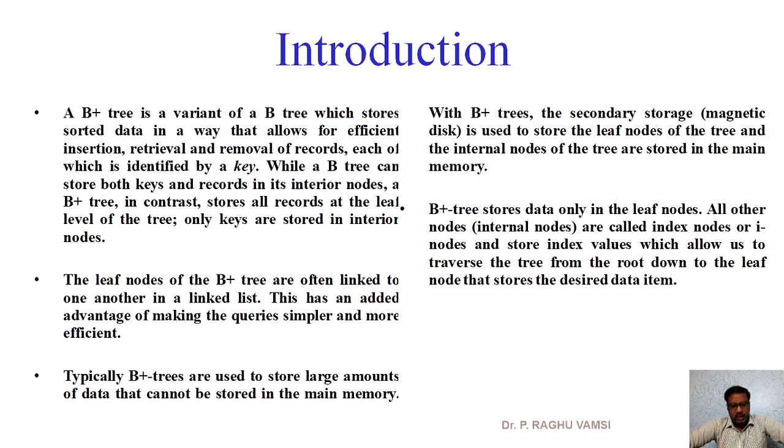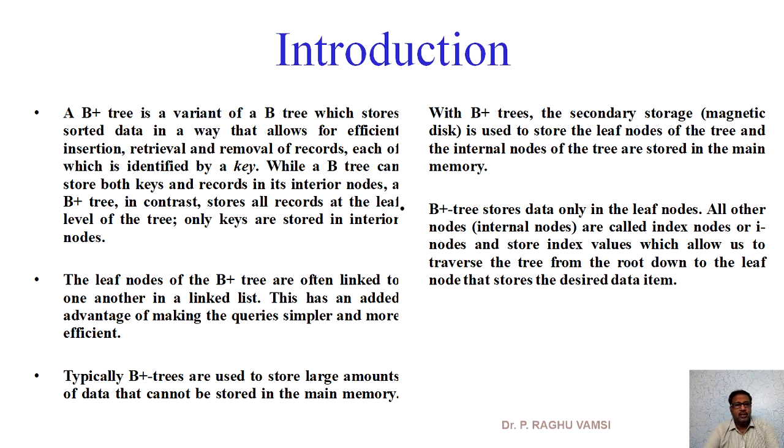Especially the aim of the indexing is to reduce the number of disk accesses required for accessing an element, or we can also say accessing a key. And this B tree concept is also called the M-way search tree or M-way tree. Why is it an M-way tree? Every node can have at most M children, and every node can store up to M keys, where M is said to be the order of the tree.